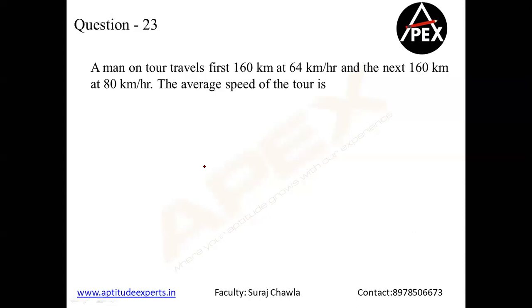Now let's come down to the first simple model of average speed. If you observe, let us take this as a distance of d, and I know that this is also the same distance covered, right? Now whenever two equal distances are covered, you can directly remember a formula. This is, I repeat, only for two distances covered.